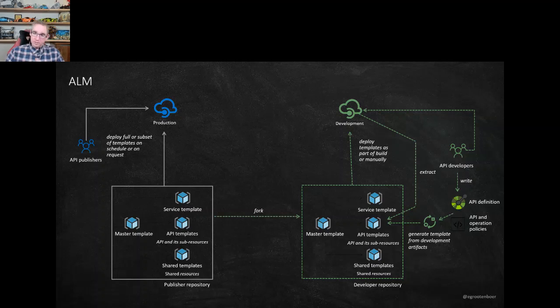Now, once they are done, they will just have all these new ARM templates in this repository. They will then just create a pull request. There will be some validations, mostly automatic validations. Maybe those API publishers will do some checks as well. And at some point, it will be merged into my publisher repository and be deployed to my production environment. So this entire process, including the tools I just said, are actually available at aka.ms/API-DevOps. So if you want to read this back once again, Microsoft has actually created a whole guidance on what I just told you, on how you should set this up.